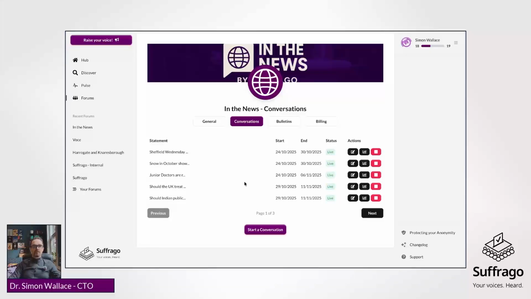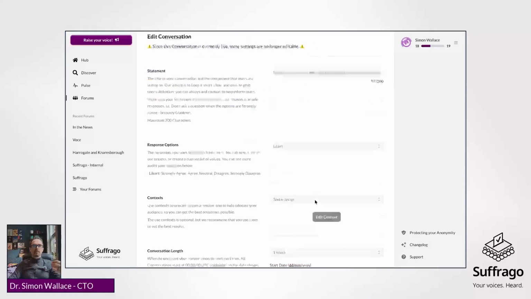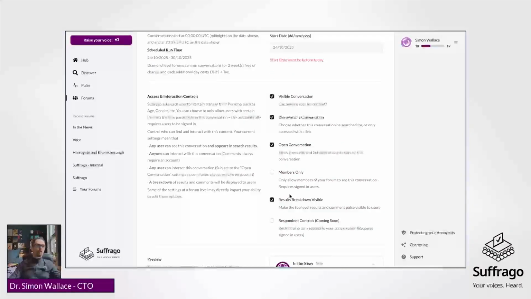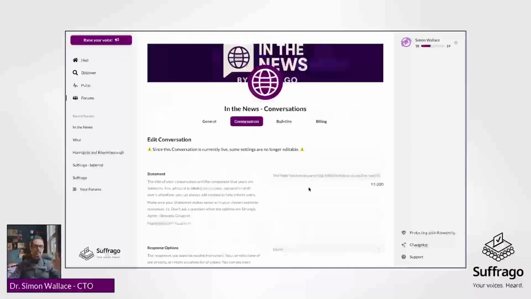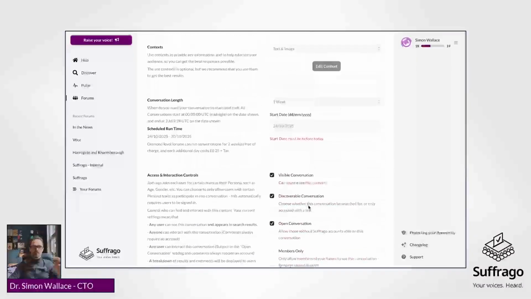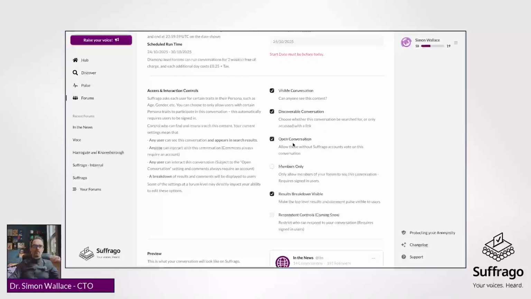However, what you can do if you don't want it to be publicly visible is what we mentioned before. When any conversation is live or closed, you can make amendments to the visibility, and that's it. You can't edit any of the content once conversations go live. All you can do is change